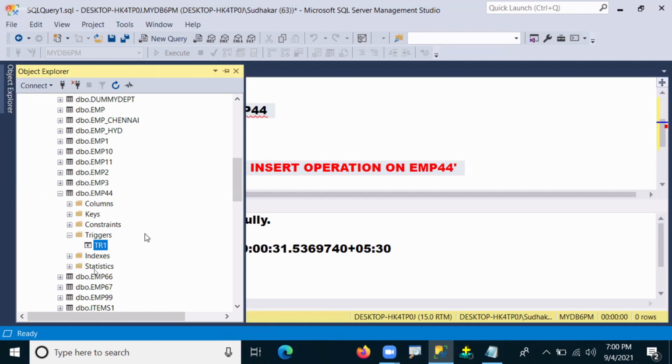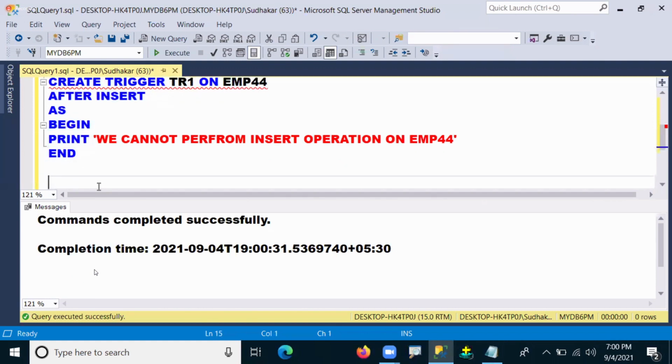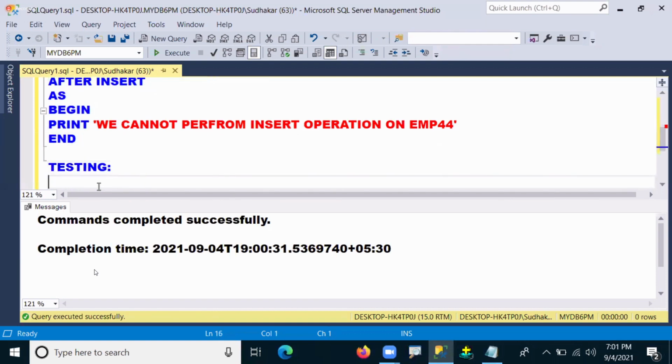Okay, but created is okay. Object is created on which operation? Insert operation we created. Okay, fine. But let's try this. Now insert operation I created and I'm testing now whether the insert operation is performing or not. Now insert into,